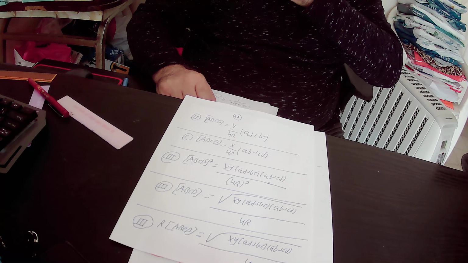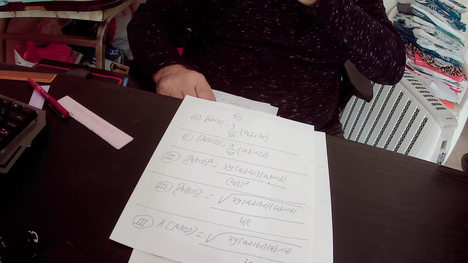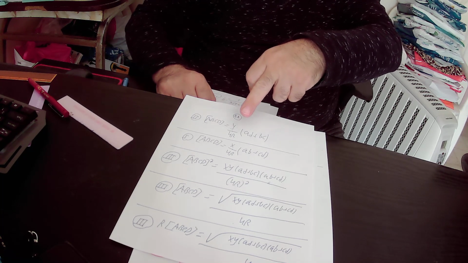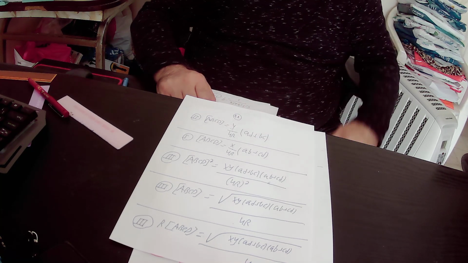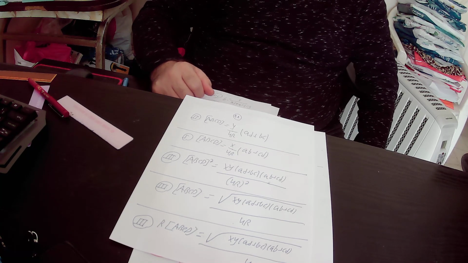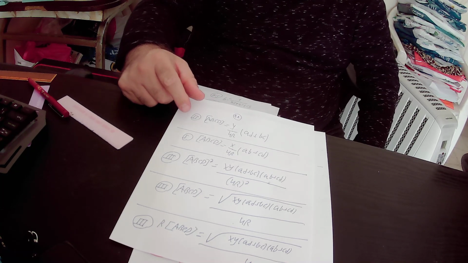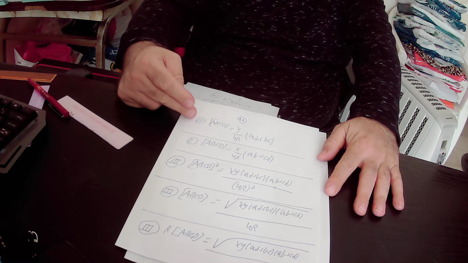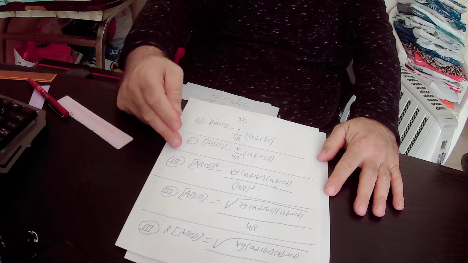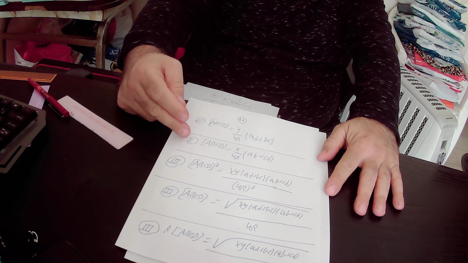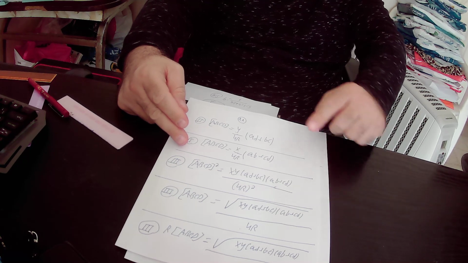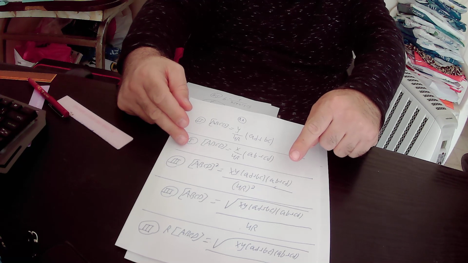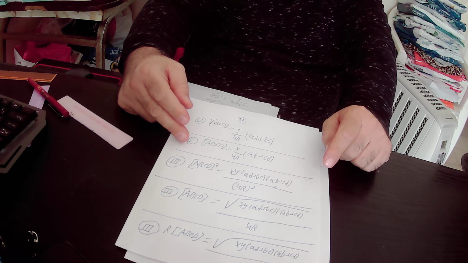AB plus BC. But we have already found out, according to equation number 1, that the area of quadrilateral ABCD equals x over 4R times AB plus CD. So we have two different expressions for the area of quadrilateral ABCD. We multiplied equation number 1 by equation number 2, and we got equation number 3, that is the area of quadrilateral ABCD squared equals xy times AB plus CD times AB plus CD